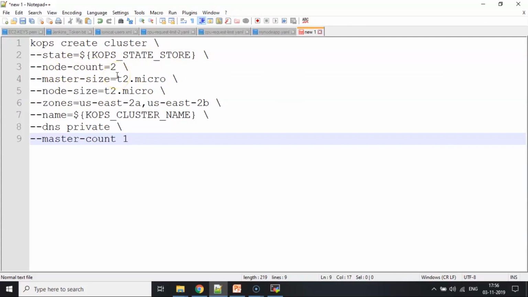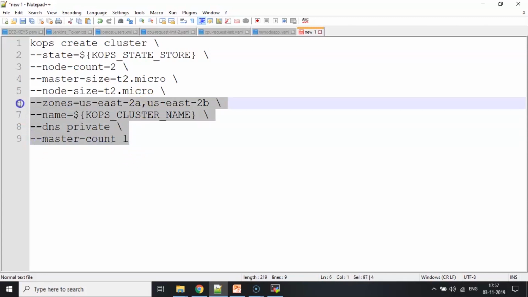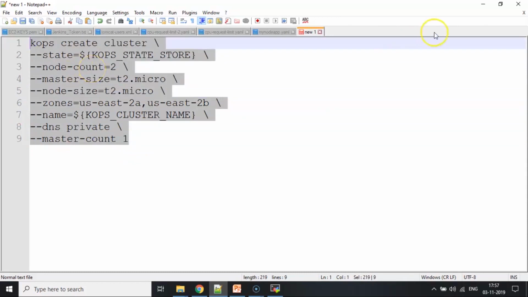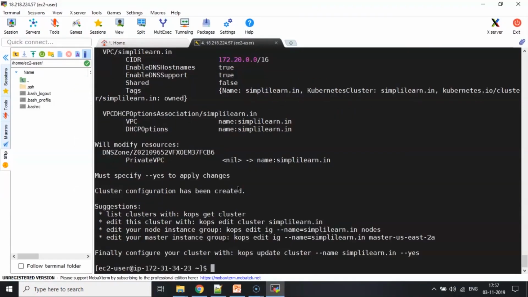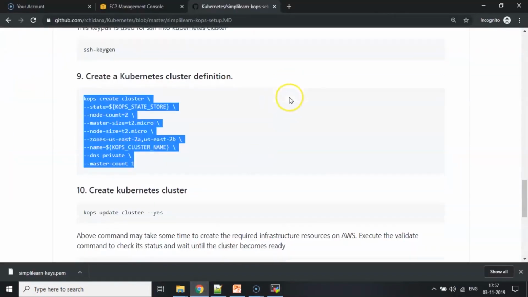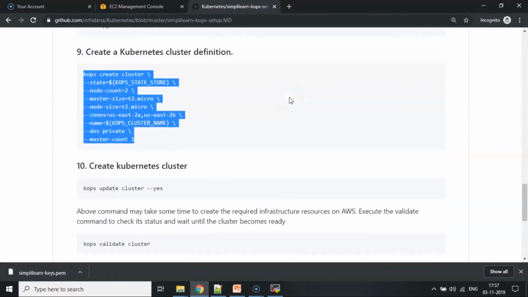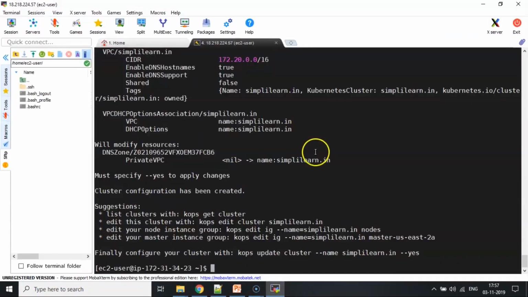There's a configuration for specifying the master or the control plane as well. If I don't specify that, the default one is 1. So I'm going to create one primary or master node and two worker nodes. Then the size of my master, the node size of the worker nodes, the zones where I want this to be created, and where to store the cluster information. I've already added this master count. This is actually not required, but this is the command that I'm going to fire off so that I bring up my cluster. Alright, that went off very fast, but this actually did not create a cluster. It is just the definition of a cluster, and that's why this came out very fast.